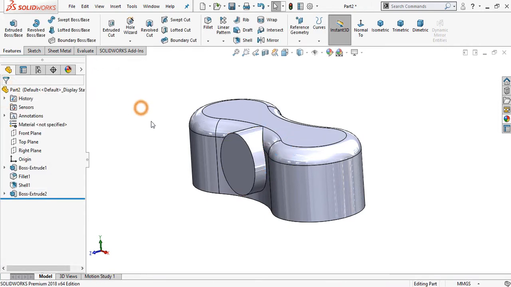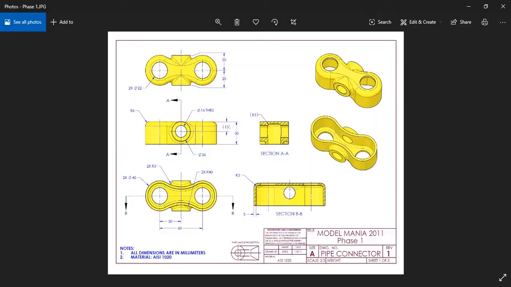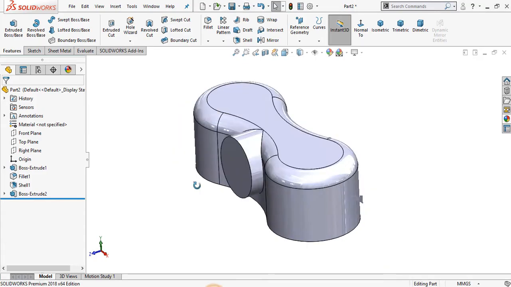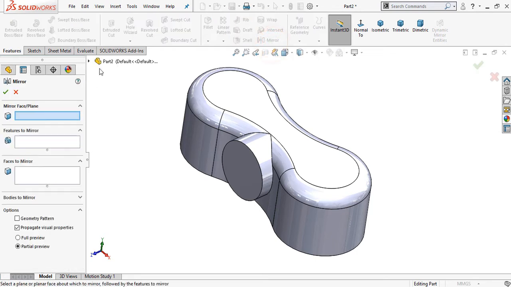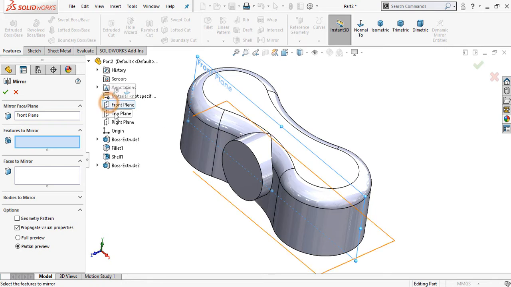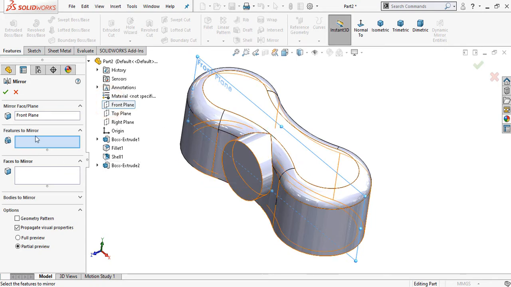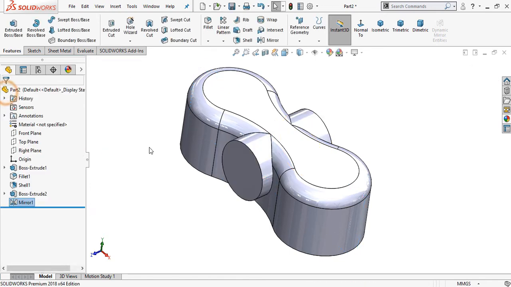Okay. Now go to mirror and select the front plane as the mirror plane, and select in the feature to mirror, select boss extrude 2. Okay.